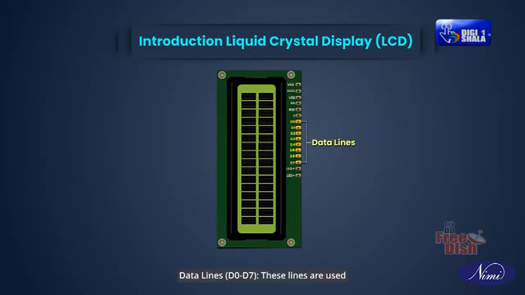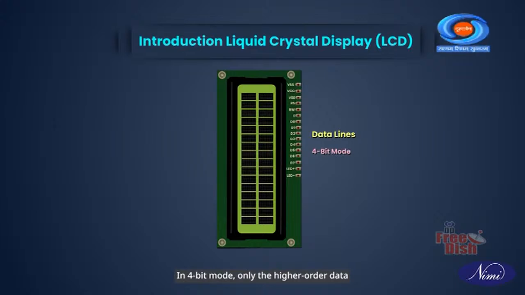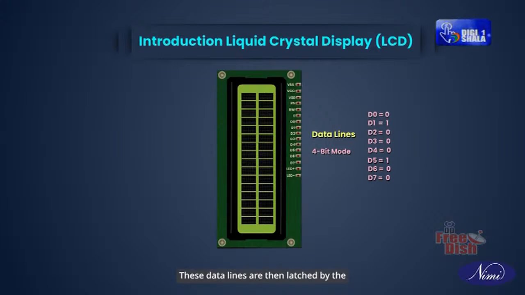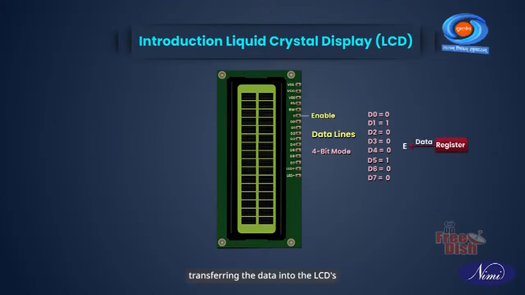Data lines D0 to D7. These lines are used for transferring data between the microcontroller and the LCD. In 8-bit mode, all 8 lines D0 to D7 are used. In 4-bit mode, only the higher order data lines D4 to D7 are used. When sending commands or characters to the LCD, the microcontroller sets the appropriate data lines to the desired binary values. These data lines are then latched by the LCD when the enable E signal is toggled, transferring the data into